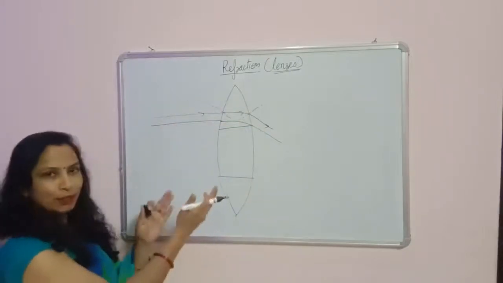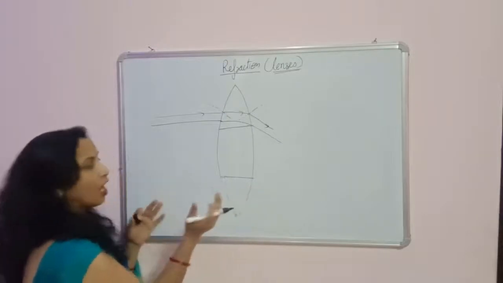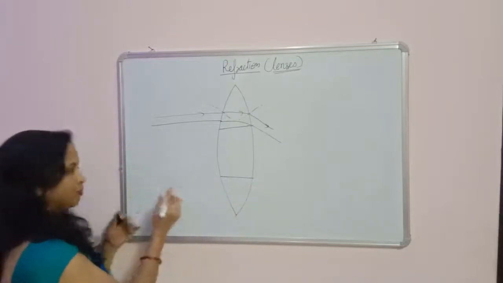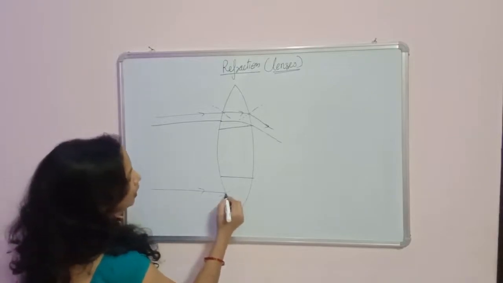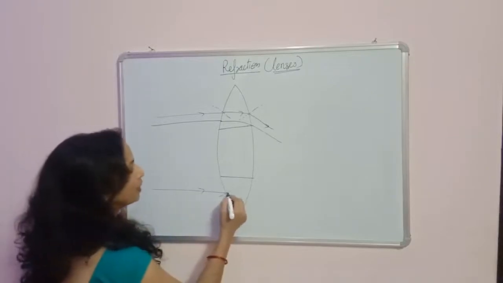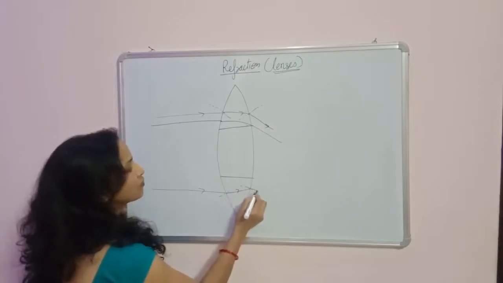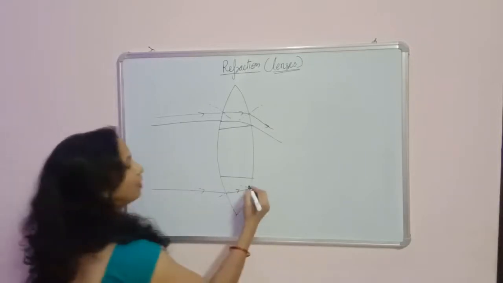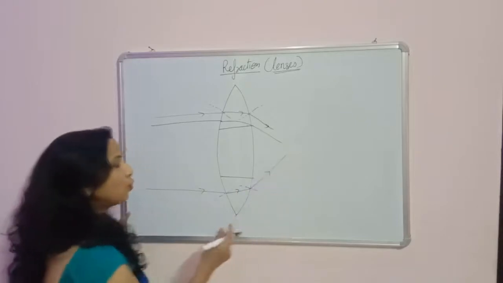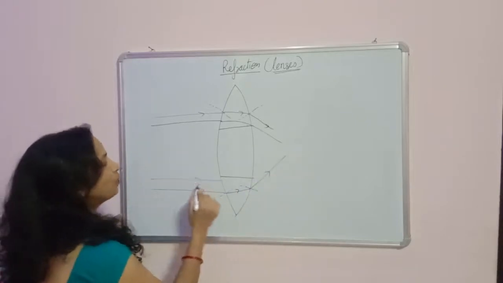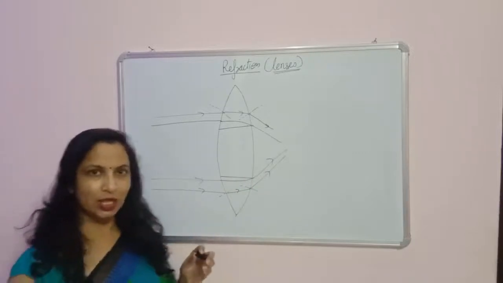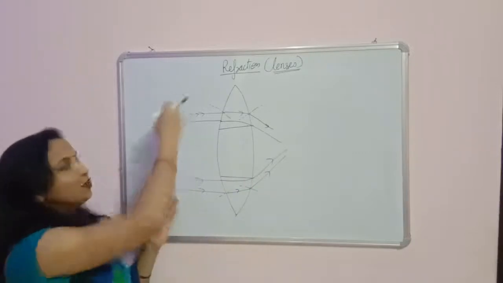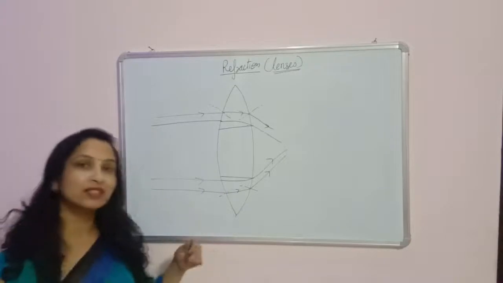What will happen with this inverted prism? What will happen if the light passes through the inverted prism? The light will pass like this. This is the normal. Again it will bend towards the normal like this. And again when it passes from glass into the air, it will bend away from the normal like this. So all the light passing through the prisms converges. All the light rays which are initially parallel to each other, after passing through the lens, converge.